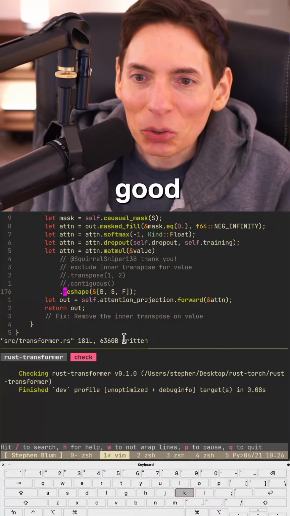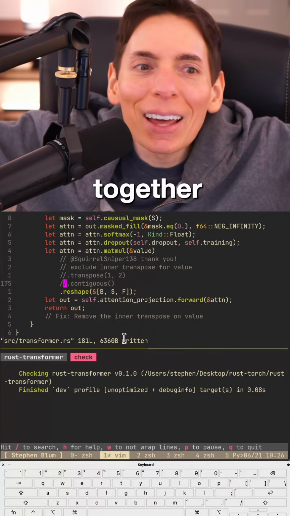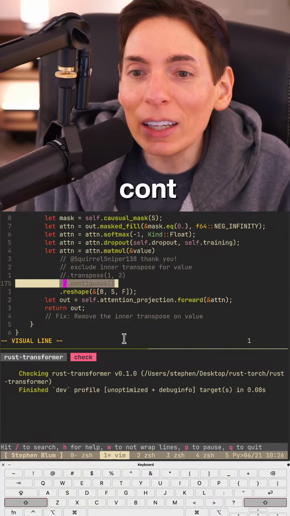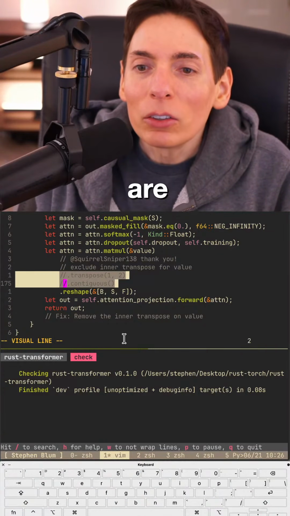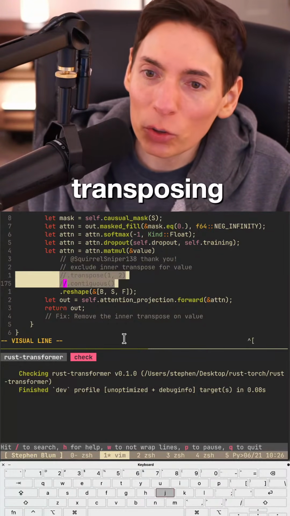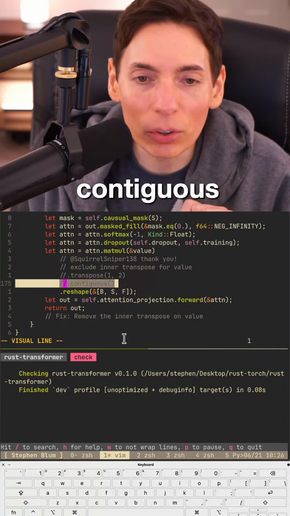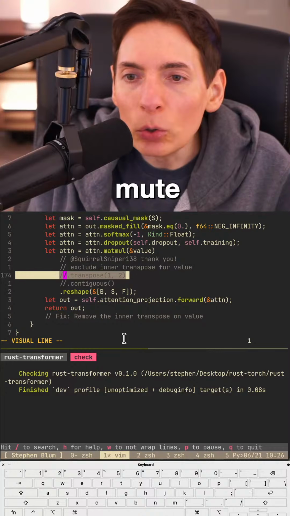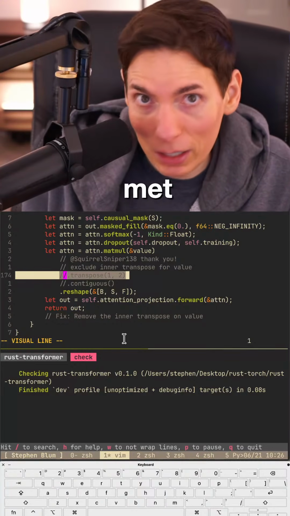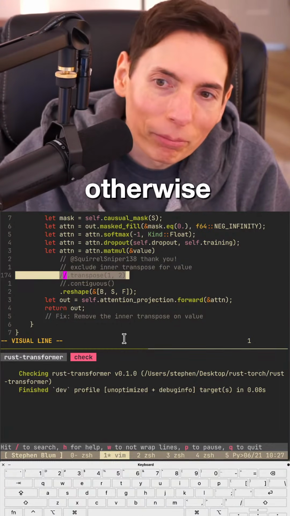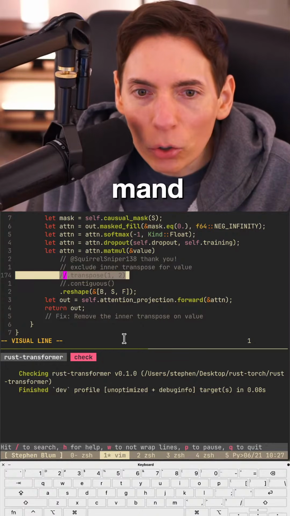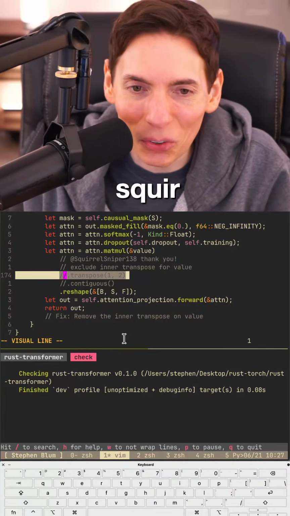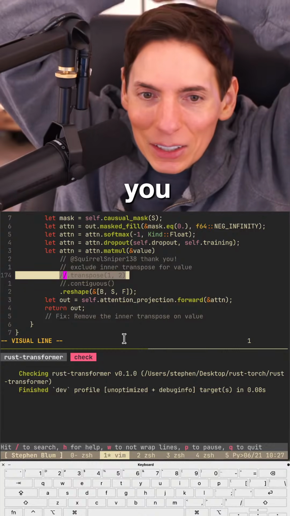Sounds good. Squirrel Sniper, we're learning together, aren't we? Hey, you guys, you do not need to use contiguous if you are just reshaping. If you're transposing and reshaping, you're going to need to use contiguous so that you can reallocate the block, because you can't double mutate the metadata. It would cause a problem otherwise. It would be an error. Mandatory in specific operations because of how memory layout works behind the scenes in libtorch. Yeah, Squirrel Sniper, thank you.